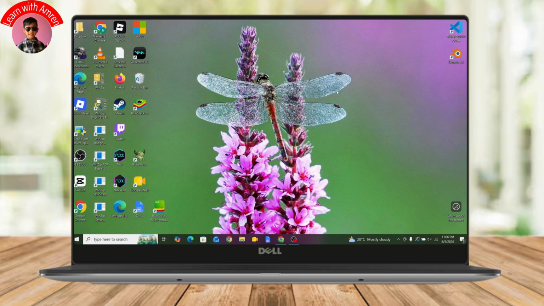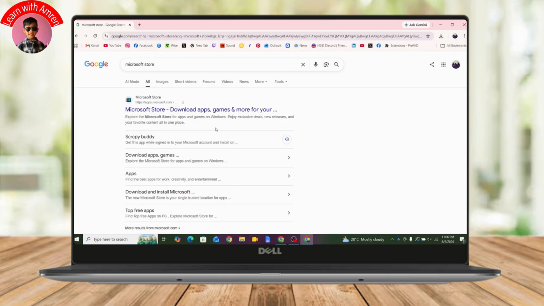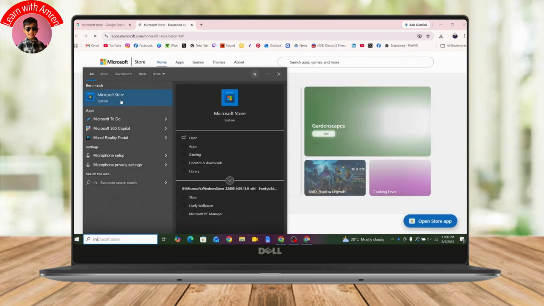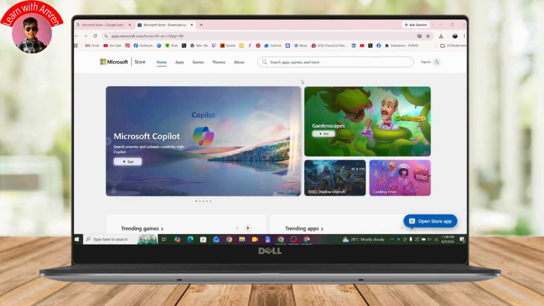what you need to do is first, simply go to your browser and search for Microsoft Store. Once you find the Microsoft Store right here, you may also have an application, which is Microsoft Store. You can go and open the application as well. Or once you come to this kind of interface, now you just need to simply go with your search and